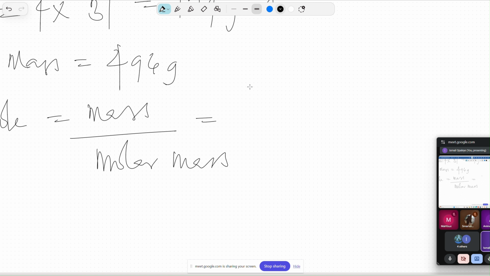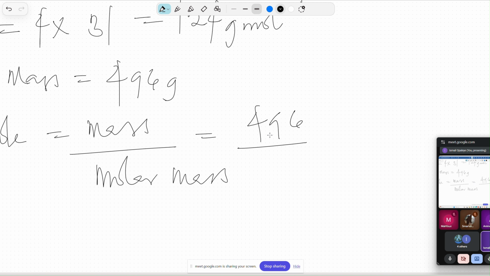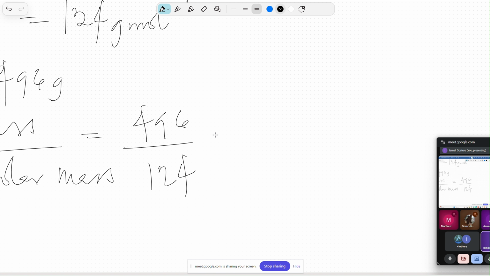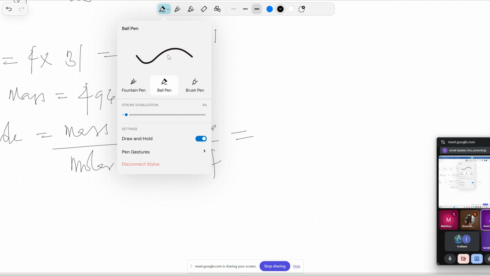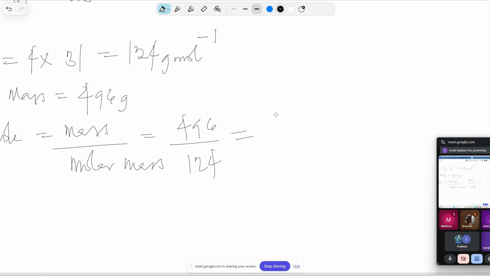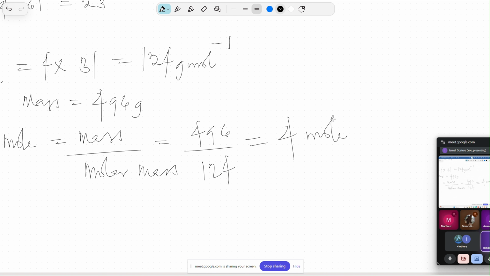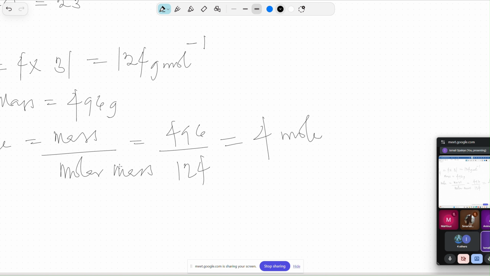So to calculate the mole of this, the mass is 496 divided by molar mass. Molar mass we already calculated up there to be 124. So help me to calculate this, please. What do we have? 496 divided by 124. What's the answer to that? 4. That is 4 moles. And this same formula for mole is also the same as